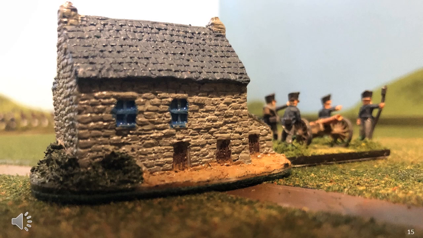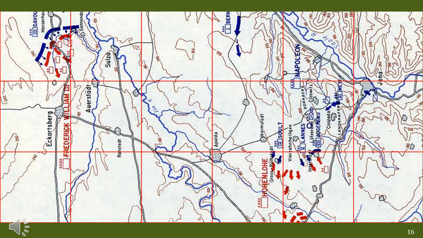There is, in summary, pre-battle manoeuvring occurring. Let's now look at Jena-Auerstedt. This is a 1 in 16,000 scale playing area which is 6 feet wide by 3 feet deep, perfectly acceptable. This allows you to refight the entire Jena-Auerstedt campaign, which includes all the manoeuvring which resulted in the situation